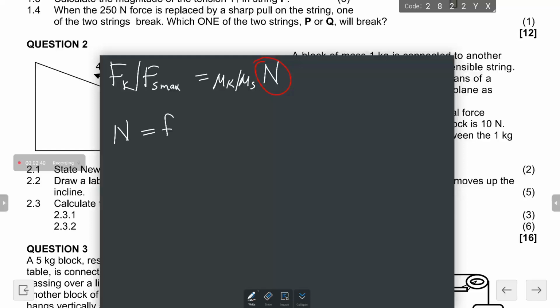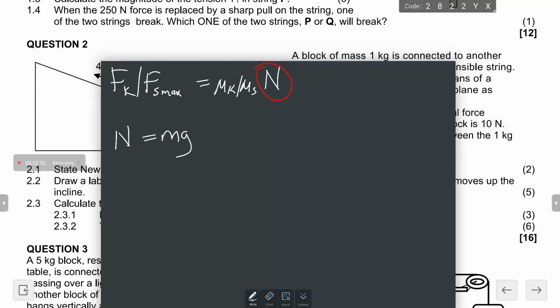we see that normal force sometimes is equal to Fg, which is the simplest situation that we can come across, or let me just say mg to be more specific and direct, right? Of course we know mg is equal to Fg. This usually happens when the object is on a horizontal surface and there is no force acting at an angle. There's only an applied force or a tension causing an object to move horizontally on a